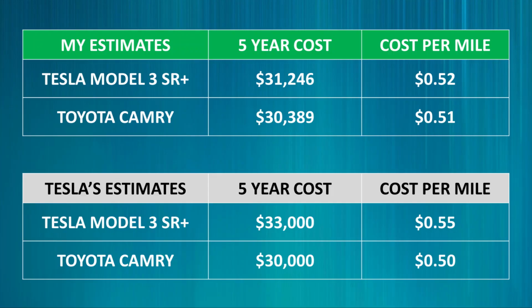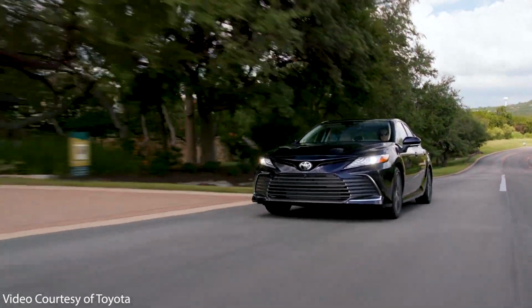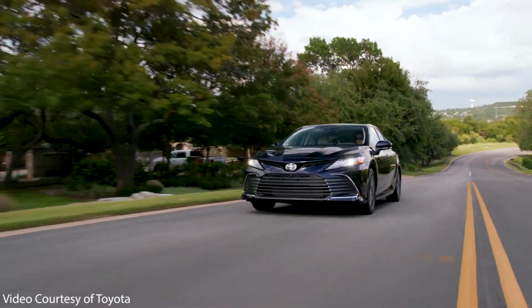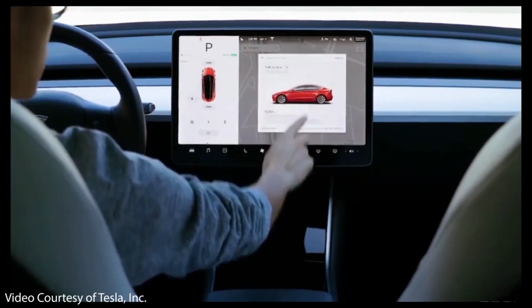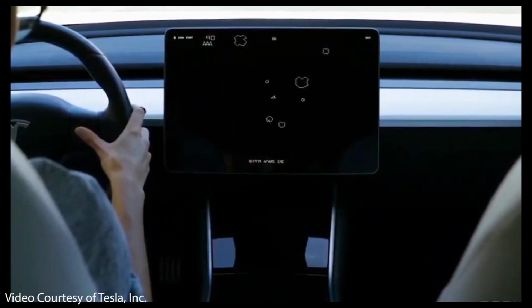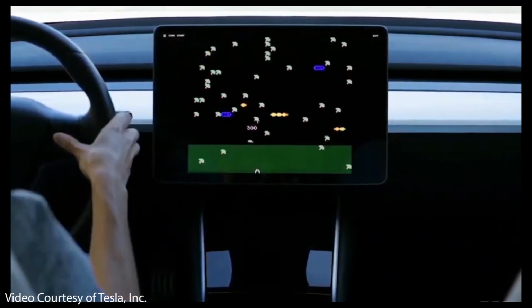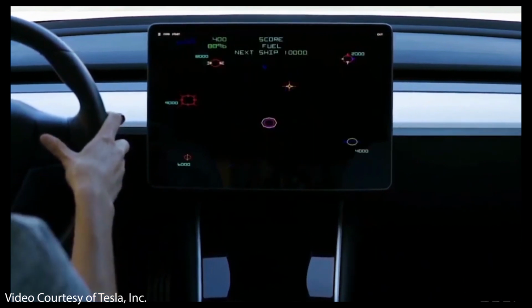So really, to wrap all this up, when you take a look at the ownership cost comparisons that we've done, it becomes very clear which vehicle offers a better value. Yes, the Toyota Camry is initially cheaper, and it is a bestseller for a good reason. It's a great vehicle, but the Model 3 offers many more features at only a small cost premium, and in my opinion, the Tesla Model 3 is definitely worth the little bit of extra money that it costs during the